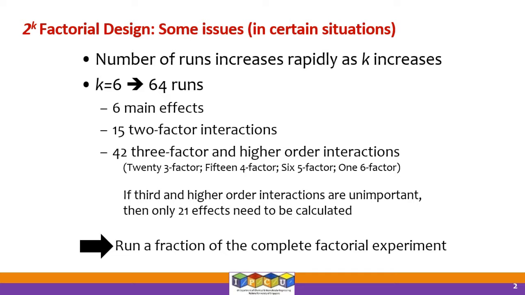So you can estimate all the 64 parameters if you want to using 64 runs. But interestingly, the point is all the higher order effects may not be as important. In fact, in most systems, third and higher order interaction terms are not that important. All right. So we do not need, even though we have six factors, that is something we cannot change.